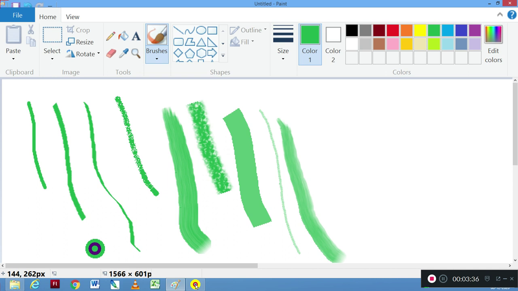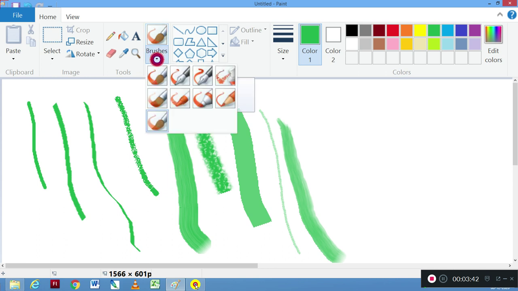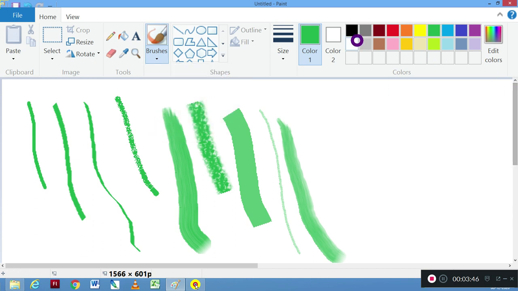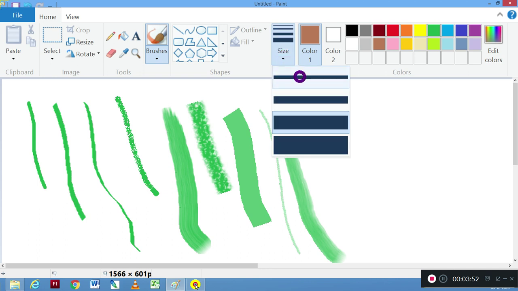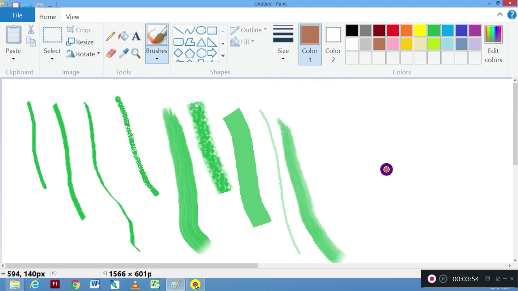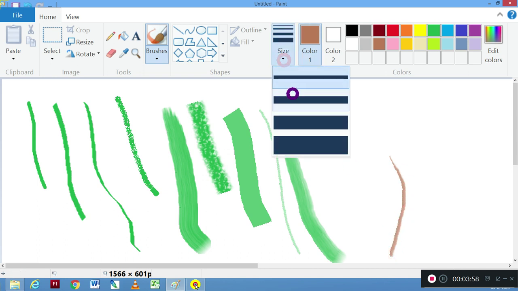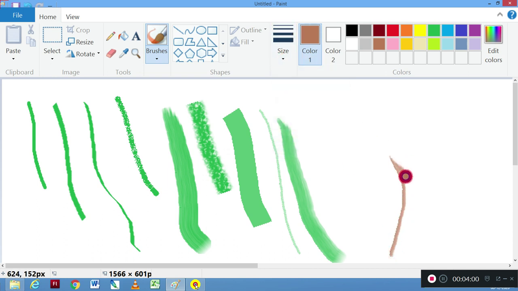So let us draw something using different types of brushes. I'll draw a tree using this watercolor brush. Take brown color, then we will take some smaller size, maybe this. We can take some thick line, this.